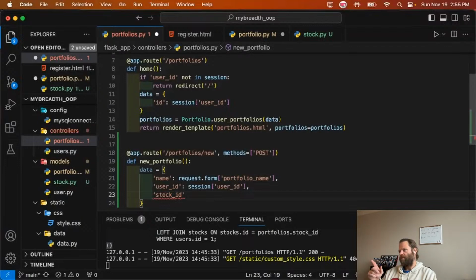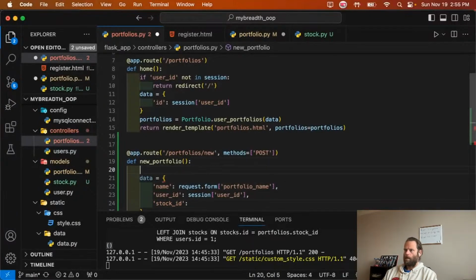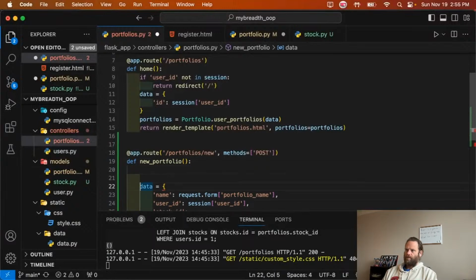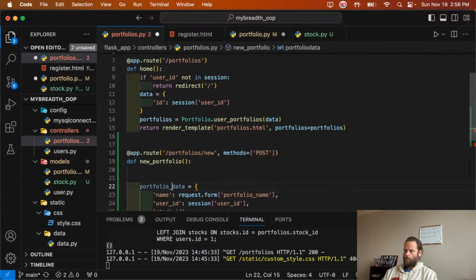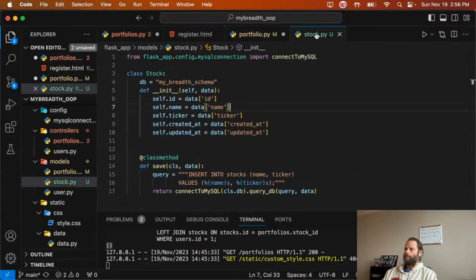Stock ID. I will have to make the stocks be classes first, but that's okay. So this won't be a request.form. What we'll do here is we're going to have two different, so this will be portfolio data. Oops, this will be stock data. That's what we'll do. So stock will be